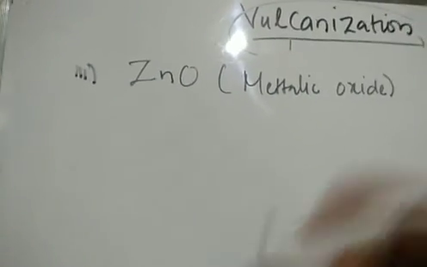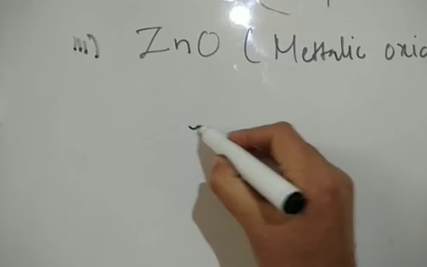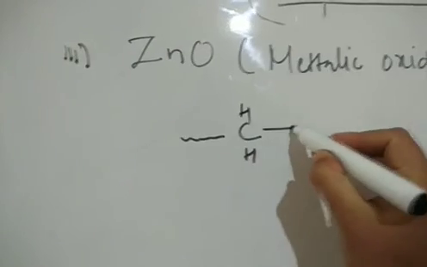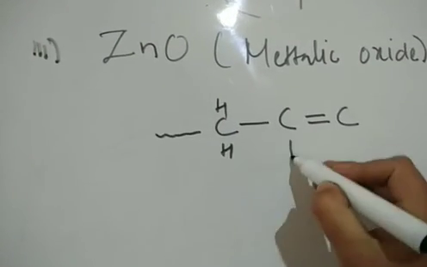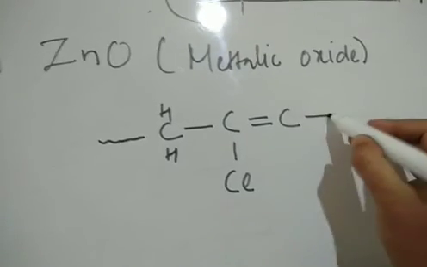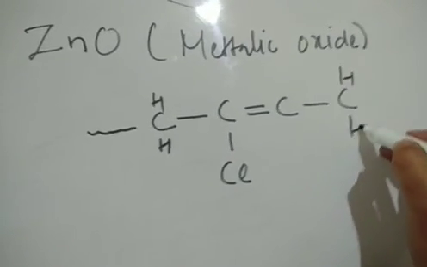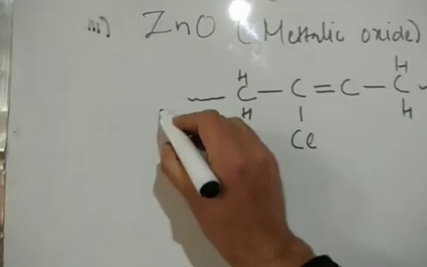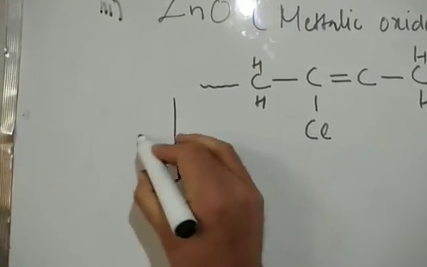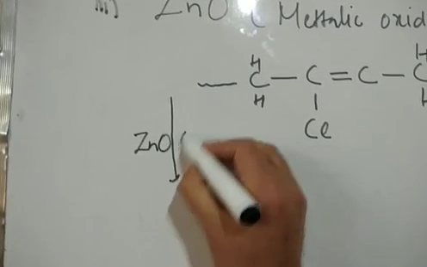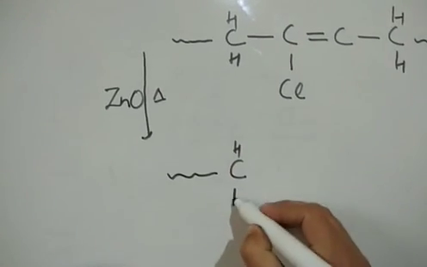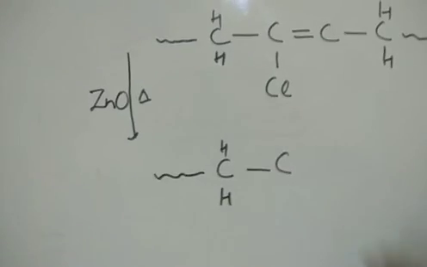For that we usually use chloroprene. So we'll draw the polymer of chloroprene. CH2 here and then your C double bond C. This is the polymer of your synthetic rubber called chloroprene, which we discussed earlier. So this is the polymer chain. So this unit gets repeated. Now, what that does, when we heat this in presence of zinc oxide, what happens? The next chain will come from here. So what it does in that